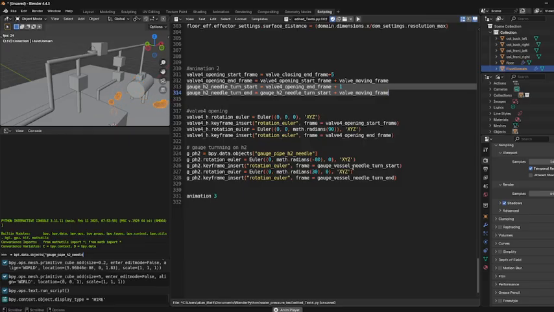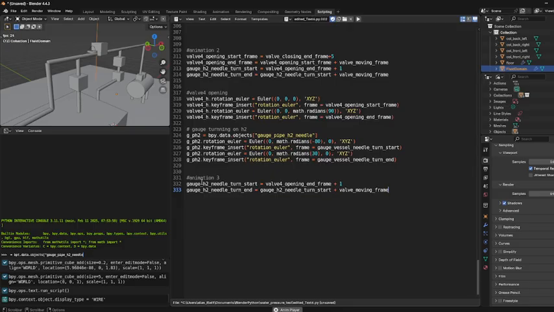So here you can copy this, and I forgot to comma this. So instead of gauge H2, it's gauge vessel needle turn start, and gauge vessel needle turn end, and